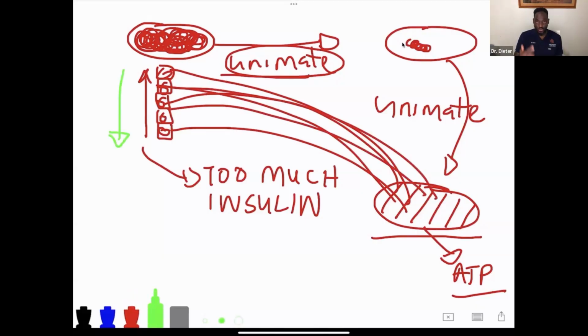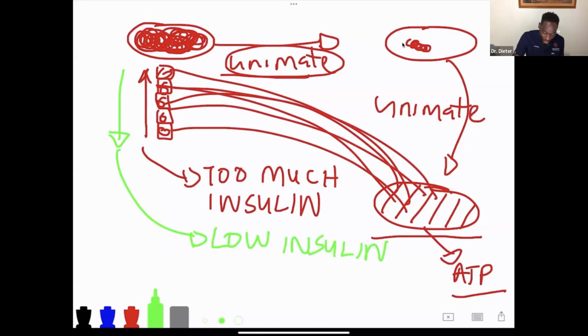When the concentration of glucose in the blood drops, a message is sent to the pancreas, that is the gland that produces insulin, to say, hey, we no longer need that much insulin. You could decrease the amount of insulin to a low amount of insulin. So the pancreas now reduces its insulin production to a low amount of insulin. Do you know what a low amount of insulin is like? It's like a CEO of the company